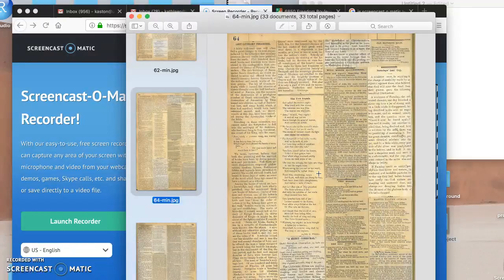And then when you're done, your page will look, when you click out of the article you're working on,